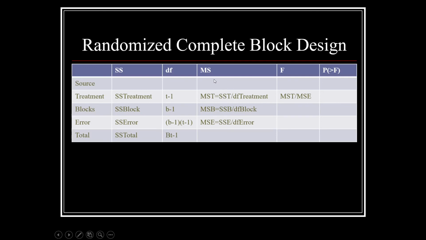Our mean squares. We now have a mean square treatment, which is still our sum of squares treatment divided by degrees of freedom for treatment. Our mean square block is our sum of squares block divided by degrees of freedom of block. And then our mean square error is sum of squares error divided by degrees of freedom for error. Our F value then is mean square treatment divided by mean square error. But notice, I do not have an F value for blocks. This is because we're blocking because we know there are differences. So there's no sense in